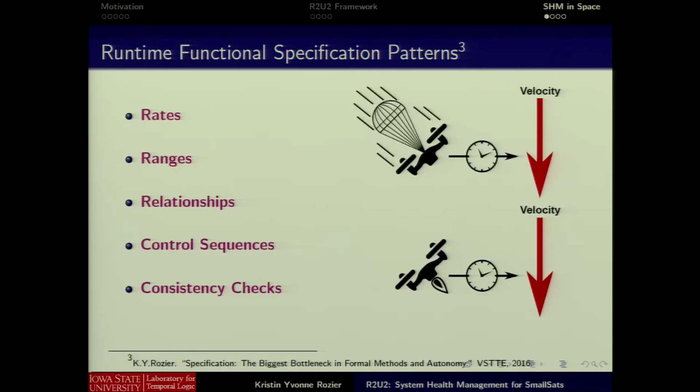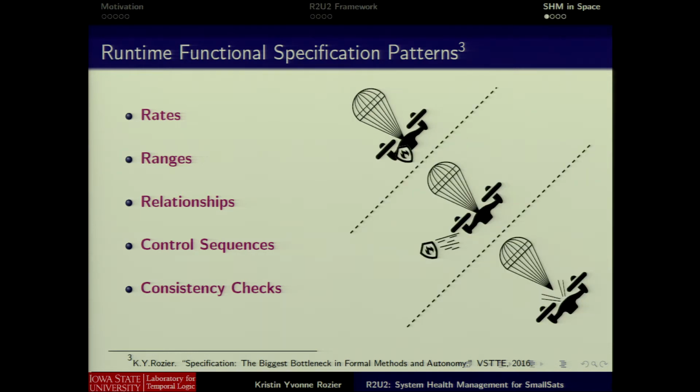We also have relationships that are pretty intuitive to be able to monitor. For example, if we deploy the parachute, then we know there is a very specific time later where we see expected changes in velocity reducing, right? If we fire the braking thrusters, again, we can predict over the next few units of time exactly what is going to happen to our velocity. So we can check that the relationship between these two things is as we expected. And we know if it's not, that either there's a problem with the spacecraft or there's a problem with us figuring out what's going on with the spacecraft, right?